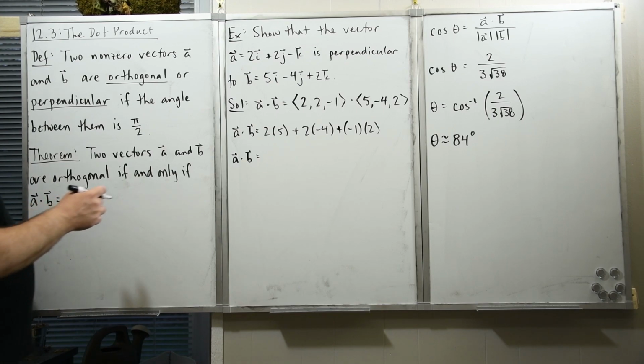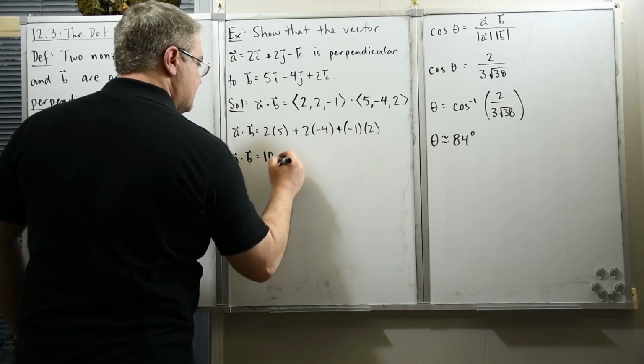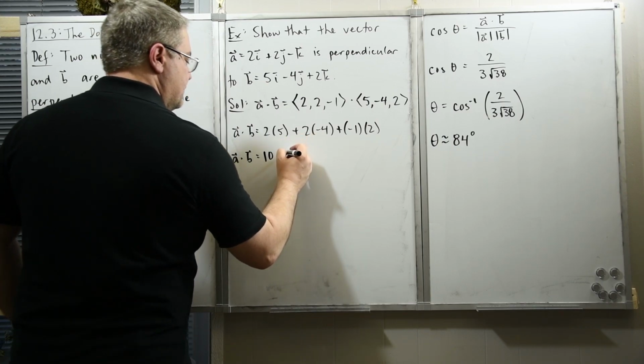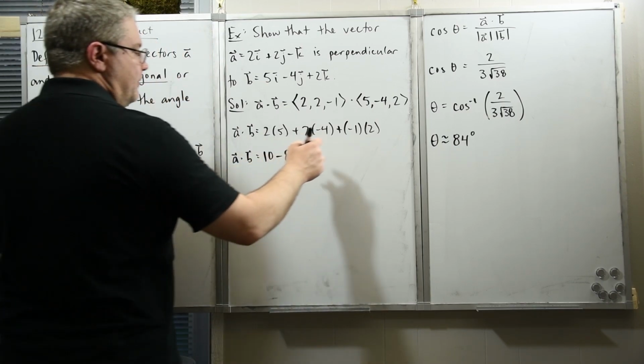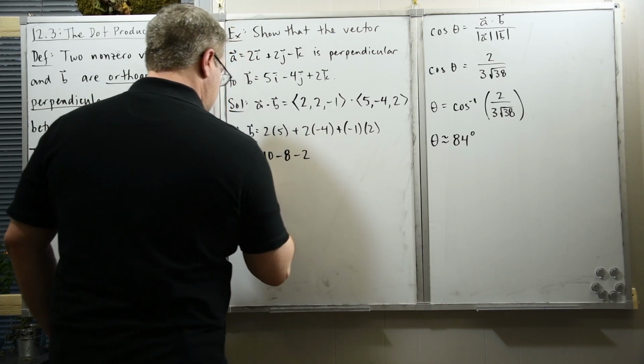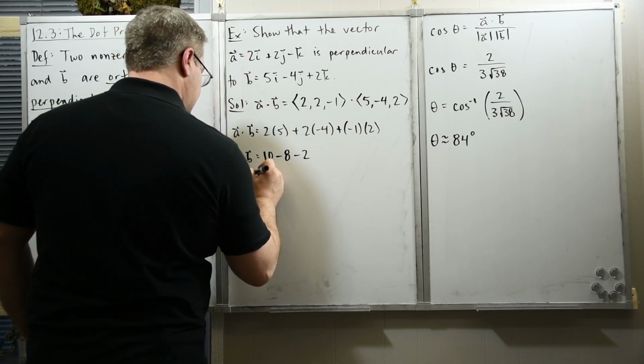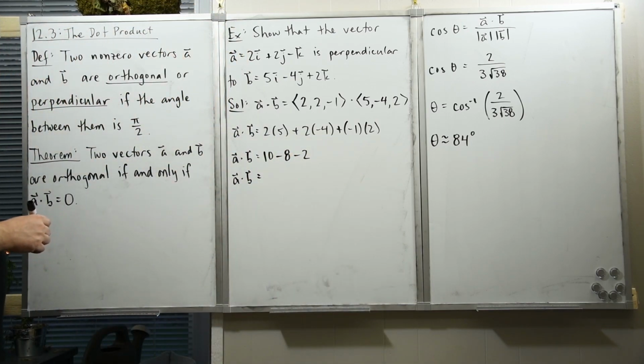Well, 2 times 5 is 10, plus 2 times negative 4, that's actually minus 8, plus negative 1 times 2 is minus 2. And so 10 minus 8 minus 2 gives you 0,